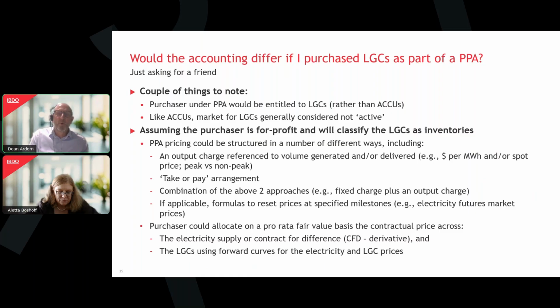But generally what we do see in the market is entities splitting that on a relative fair value basis, and they might use some forward pricing or future pricing arrangements to try and estimate what those things are going to be in the future. It's not unlike when we have multiple goods and services being sold in a customer contract. We do the same sort of thing. We do a fair value valuation of the components, and then we do a relative pro rata based on the relative prices. I just thought I'd throw that one in there